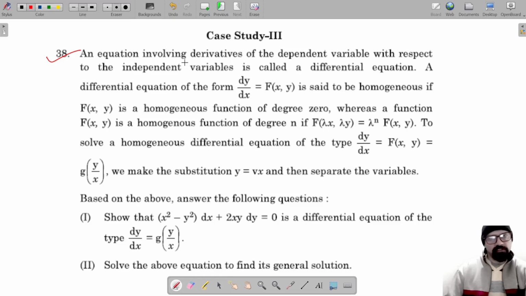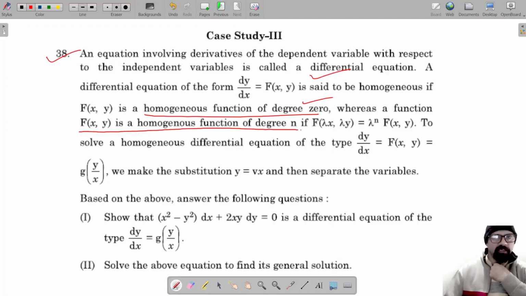इस question में दिया है: an equation involving derivatives of the dependent variable with respect to the independent variables is called a differential equation. We all know that। Now कोई भी differential equation जो dy = dx, जो function है x और y variables का, उसे हम homogeneous तब बोलेंगे जब f of x y एक function है जिसकी degree 0 है, और f of x, y एक homogeneous function of degree n है, तो x और y को lambda replace करने पे भी lambda raised to power n something वही function वापस मिलता है। तो हम इसको बोलते हैं homogeneous function। We have done that, कि हमें homogeneous function कैसे check करना है।